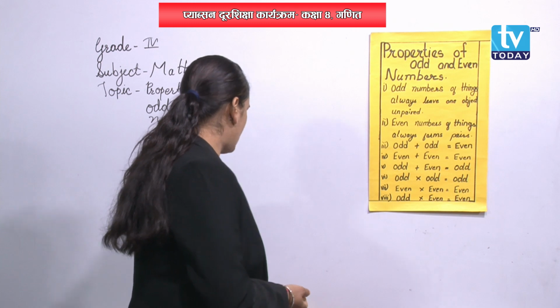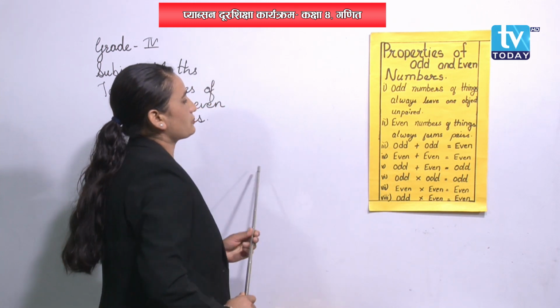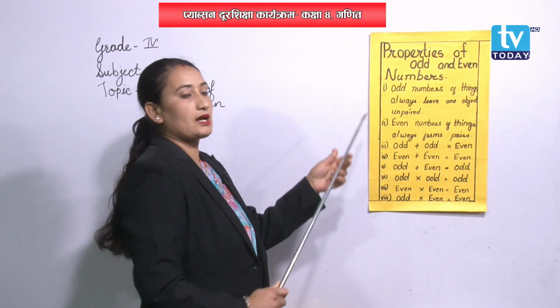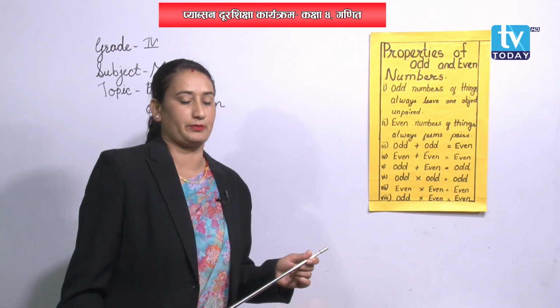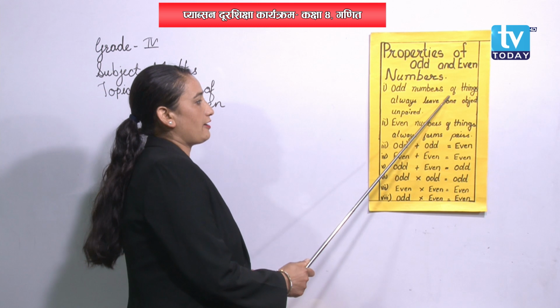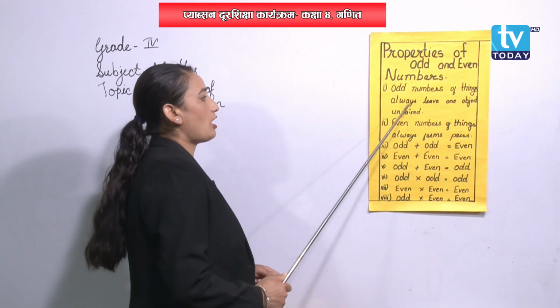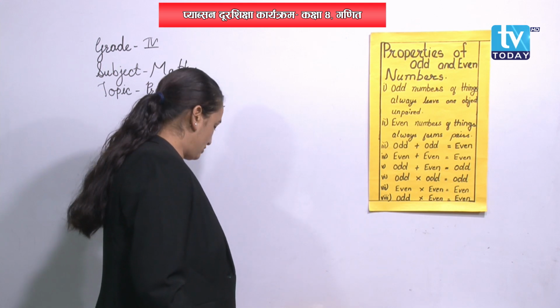So have a look at the first question. Okay, the first question is what? Properties of odd and even numbers. And what is the first property? Odd numbers of things always leave one object unpaired. For example,